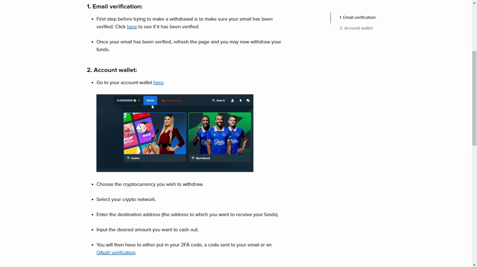Now next, it will give you the option to enter the destination address. In the destination address, of course, you're going to add your address of Fampay, your Fampay detail in the option, and after that you will input the desired amount you want to cash out on Stake. So after entering the destination address of Fampay that you have on your Fampay application, you will input the amount